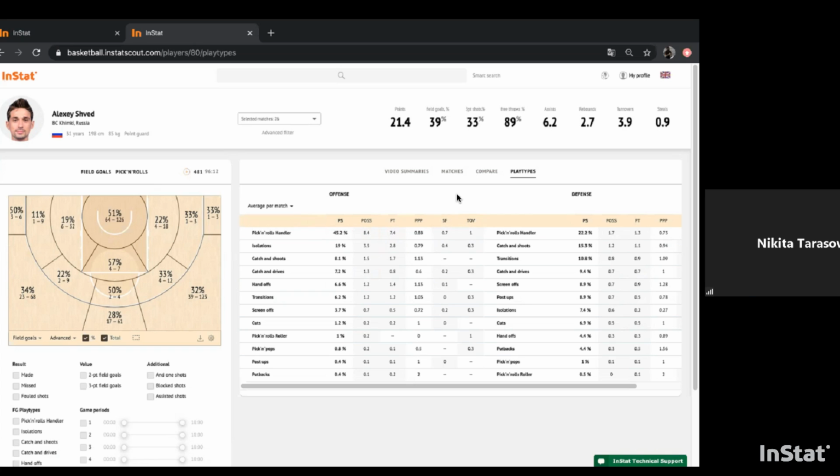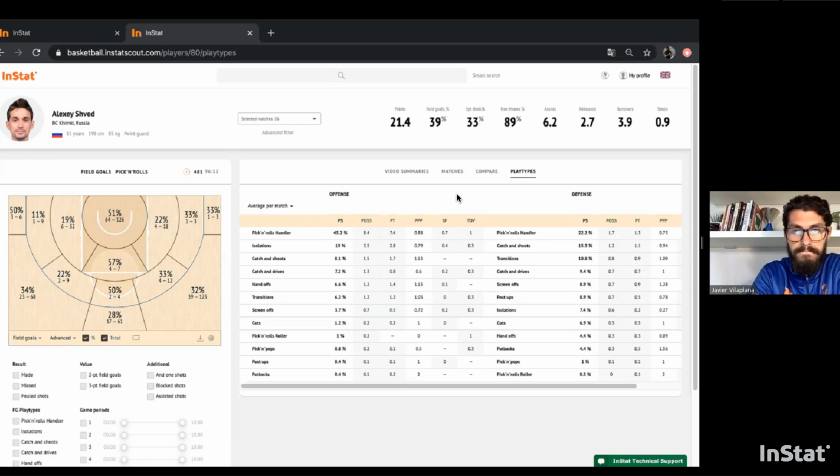So as we can see, from percentage point of view, half of Shved's possessions is created on pick and roll ball handler. 45% of his possessions of all possessions he creates the game is pick and roll ball handler. So basically this is great. I don't know. Correct me if I'm wrong. This is a great recommendation for you that when you prepare your individual scouting against Shved, half of the time you have to invest in investigating how he plays pick and roll, from what spot he's the most efficient, less efficient, what are his weaknesses, how to defend him, and then to answer such questions, as I understood from your conversation, you use a shooting chart,